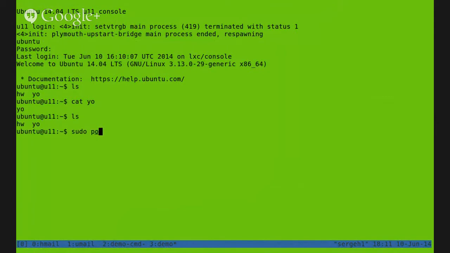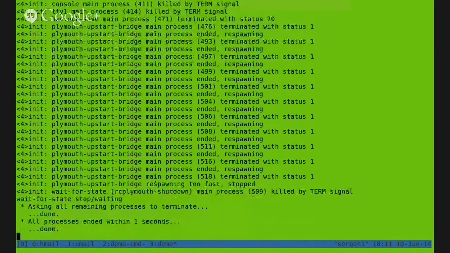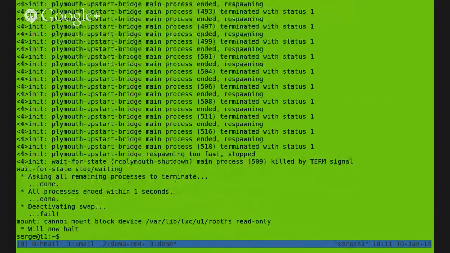But it doesn't prevent you from doing it. Why not? Because that's the nature of overlayfs. It's a simple stackable file system. But on the bright side, what that means is that